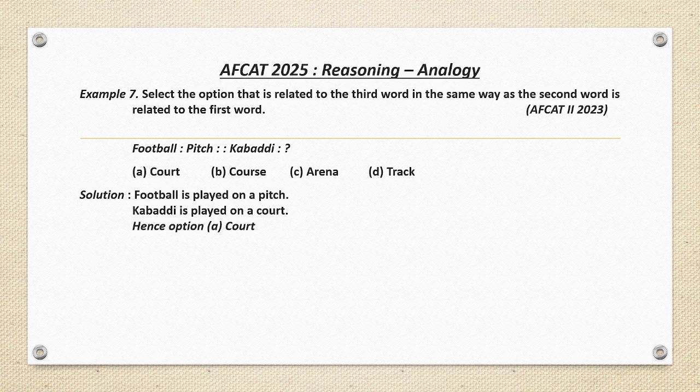Okay, here, what are the first two words? Football and pitch. Next, kabaddi, and then option. Right? अभी ये क्या है, फुटबॉल पिच, या वेरी सिंपल, फुटबॉल कहाँ खेला जाता है और कबड्डी कहाँ खेला जाता है, बस इतना ही। फुटबॉल तो एक पिच पे खेलते, और कबड्डी तो हम कोर्ट पे खेलते, राइट। सो ऑप्शन कोर्ट इज द आंसर